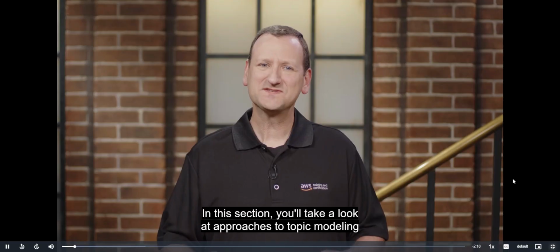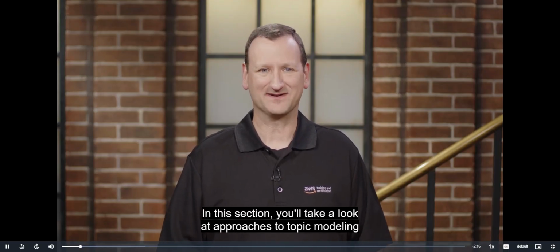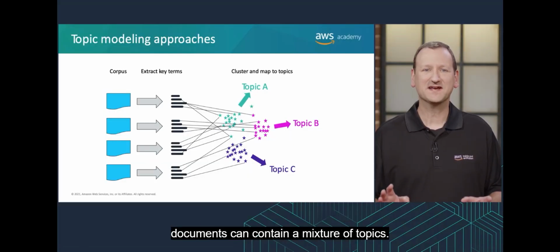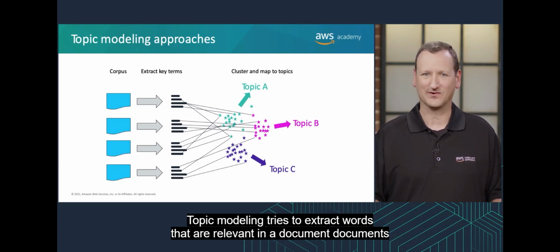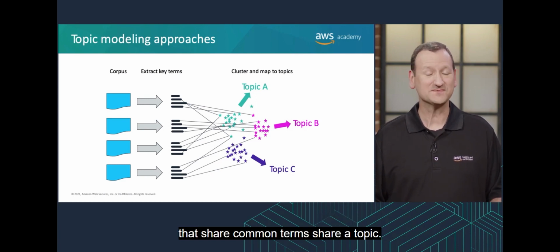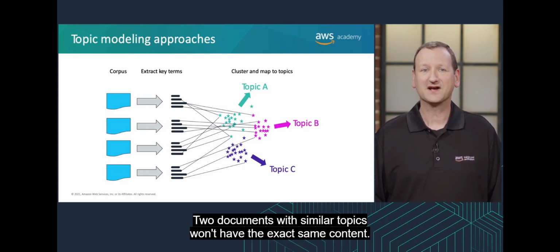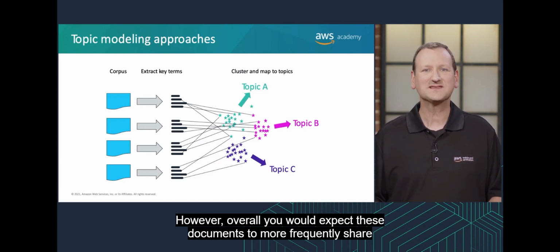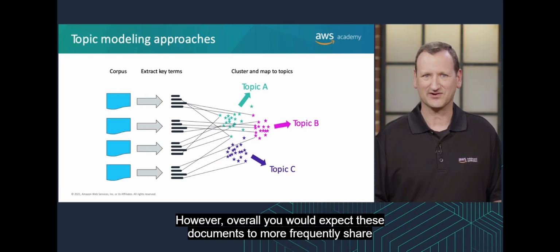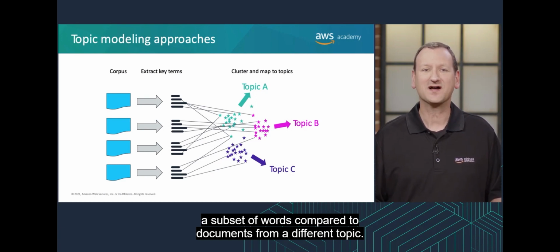In this section, you'll take a look at approaches to topic modeling. Documents can contain a mixture of topics. Topic modeling tries to extract words that are relevant in a document. Documents that share common terms share a topic. Note that documents might contain more than one topic. Two documents with similar topics won't have the exact same content. However, overall, you would expect these documents to more frequently share a subset of words compared to documents from a